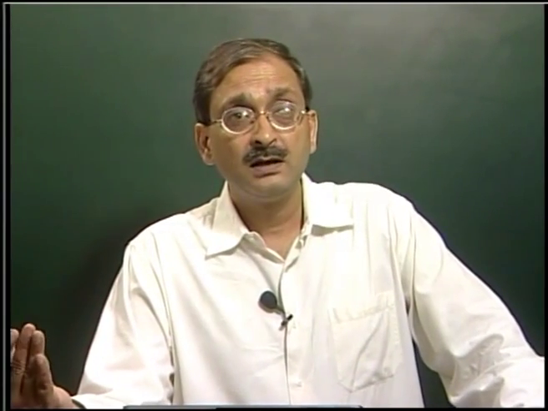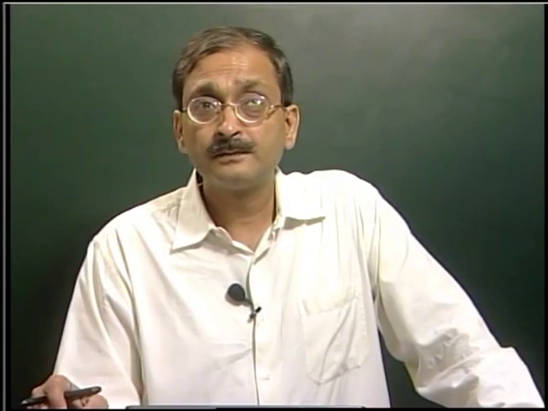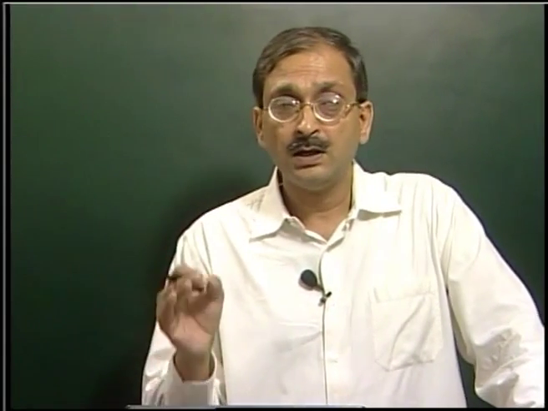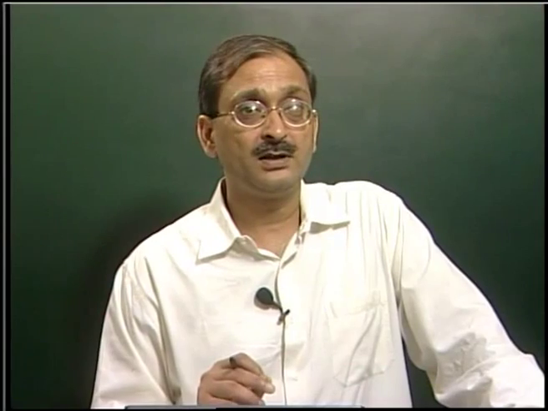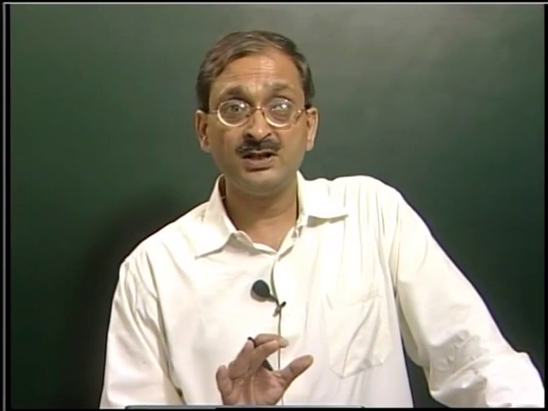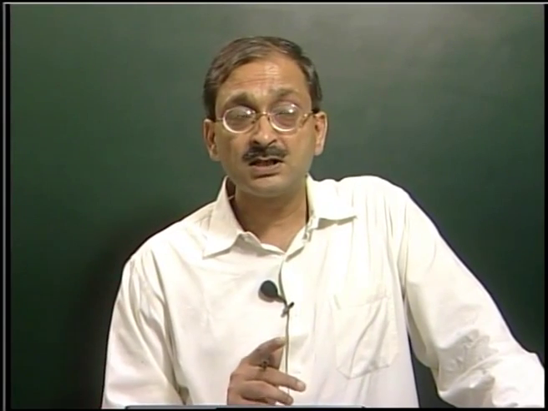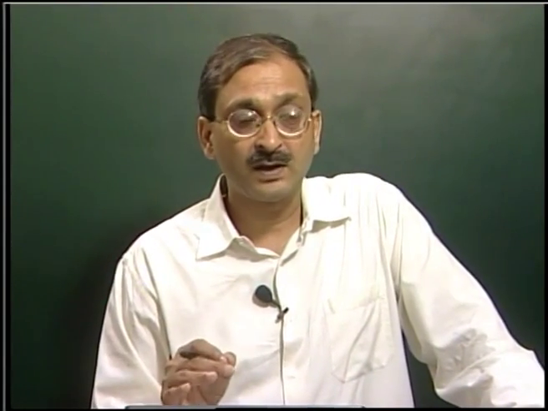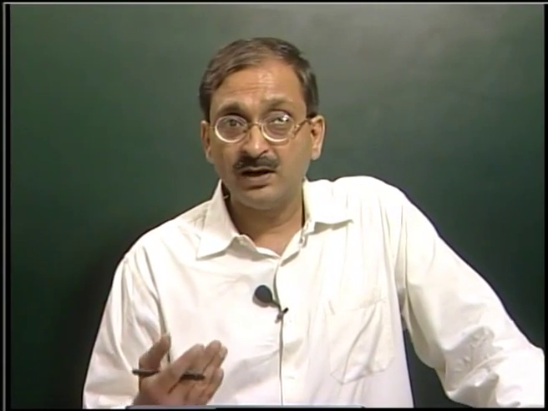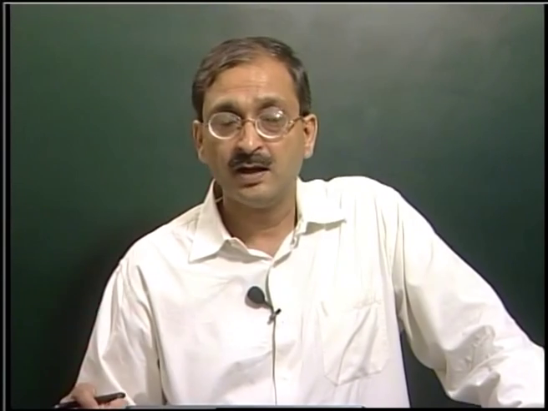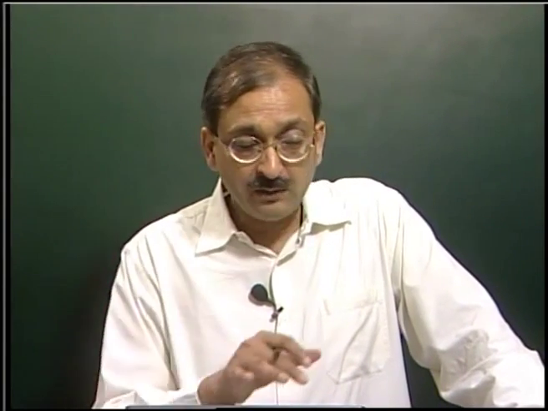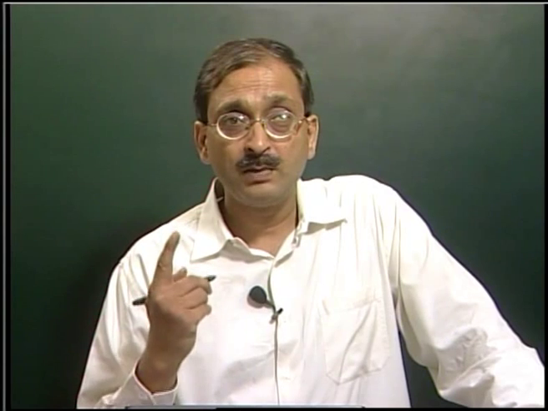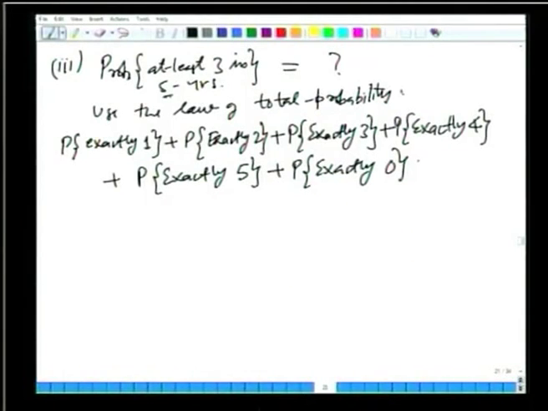What can happen is either the event will not occur at all, event A, that is we are talking, event A is what? The March runoff being greater than or equal to 4 centimeter, alright. So, either it will be 0 times, or it will be exactly once. Once means it occurs once and in the remaining 4 years it does not occur, and then there can be many combinations of that, but the binomial distribution will take care of that. Okay. Another possibility is twice, exactly thrice, exactly 4 times and exactly 5 times, alright. So, the sum of all of these probabilities has to be equal to 1 by the law of total probability. Okay. So, if we say that this is all going to be equal to 1.0,